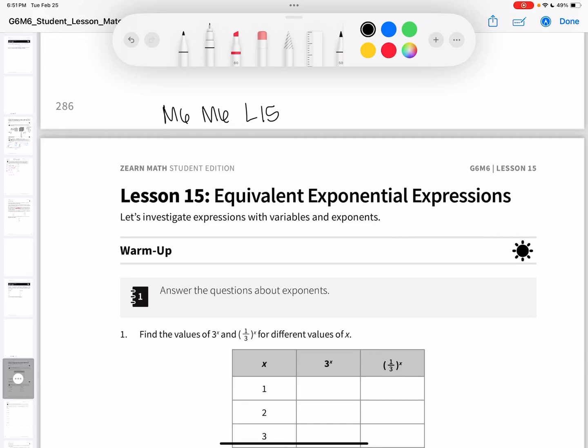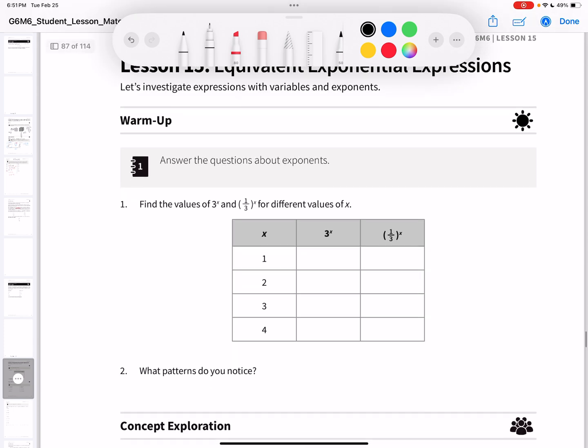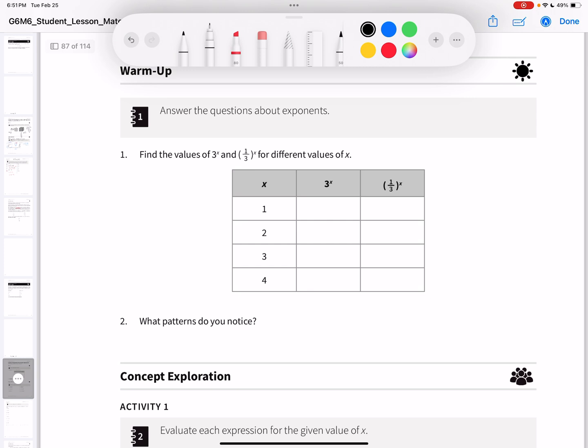Today we're doing Math 6, Mission 6, Lesson 15, Equivalent Exponential Expressions. All right, so we're going to investigate expressions with variables and exponents. Answer the questions about exponents. Find the value of 3x, 3 to the power of x, and 1/3 to the power of x for different